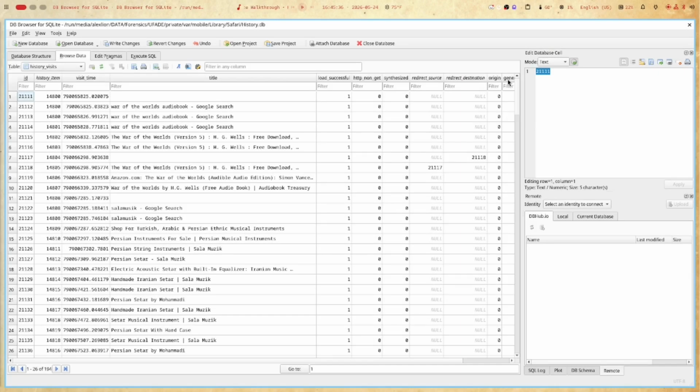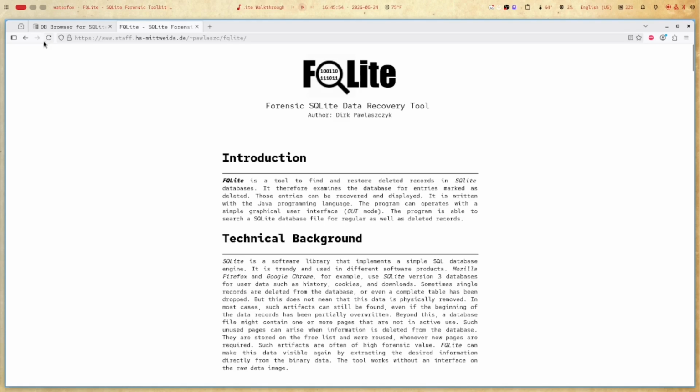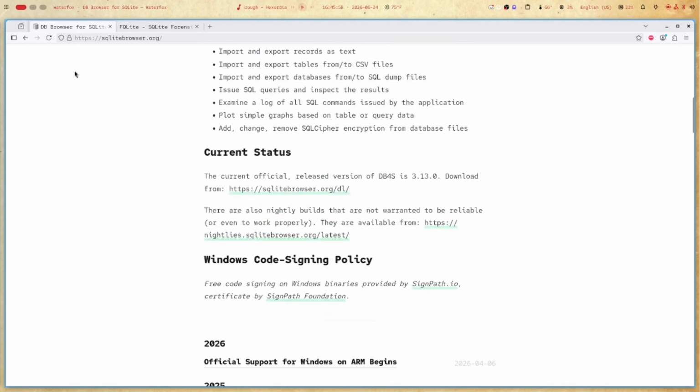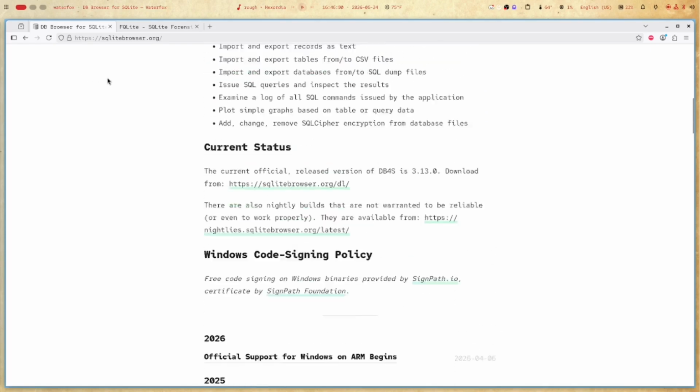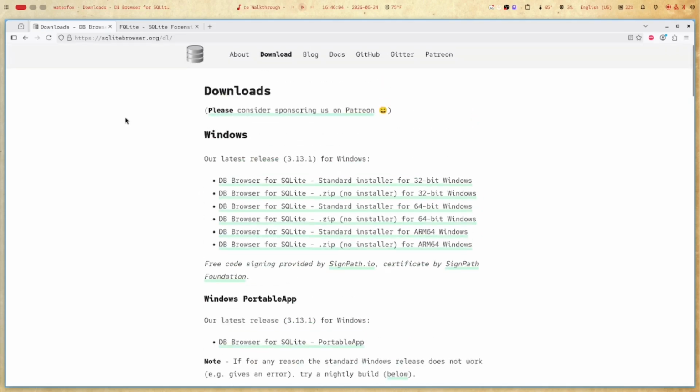So welcome back to the video, everybody, and in this part of the video I'm going to be telling you guys how to grab the software. So if I go back to my browser over here, I have tabs for DBBrowser for SQLite and fqlite. Both of them are very easy to get. So in this case, for our DBBrowser for SQLite, I will go to the download page